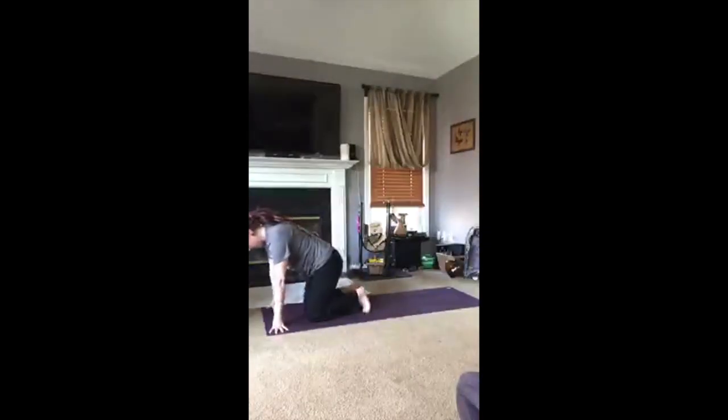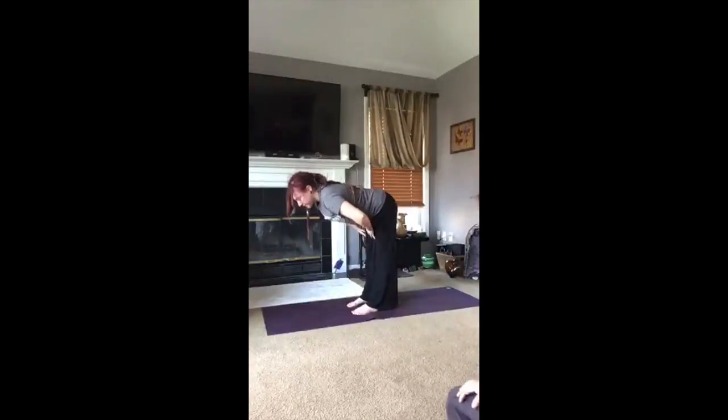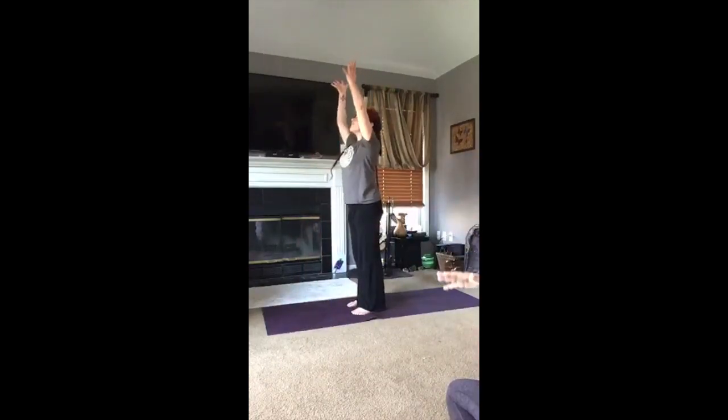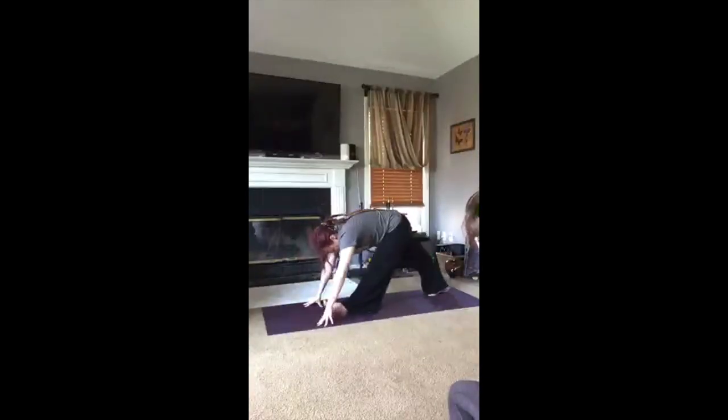Take a nice deep breath in, replant your feet, come into a forward fold. Inhale, halfway lift. Exhale, forward fold. Big breath in as you rise up to stand. Exhale, forward fold. Take your left foot to the back edge of the mat and take another deep breath in,